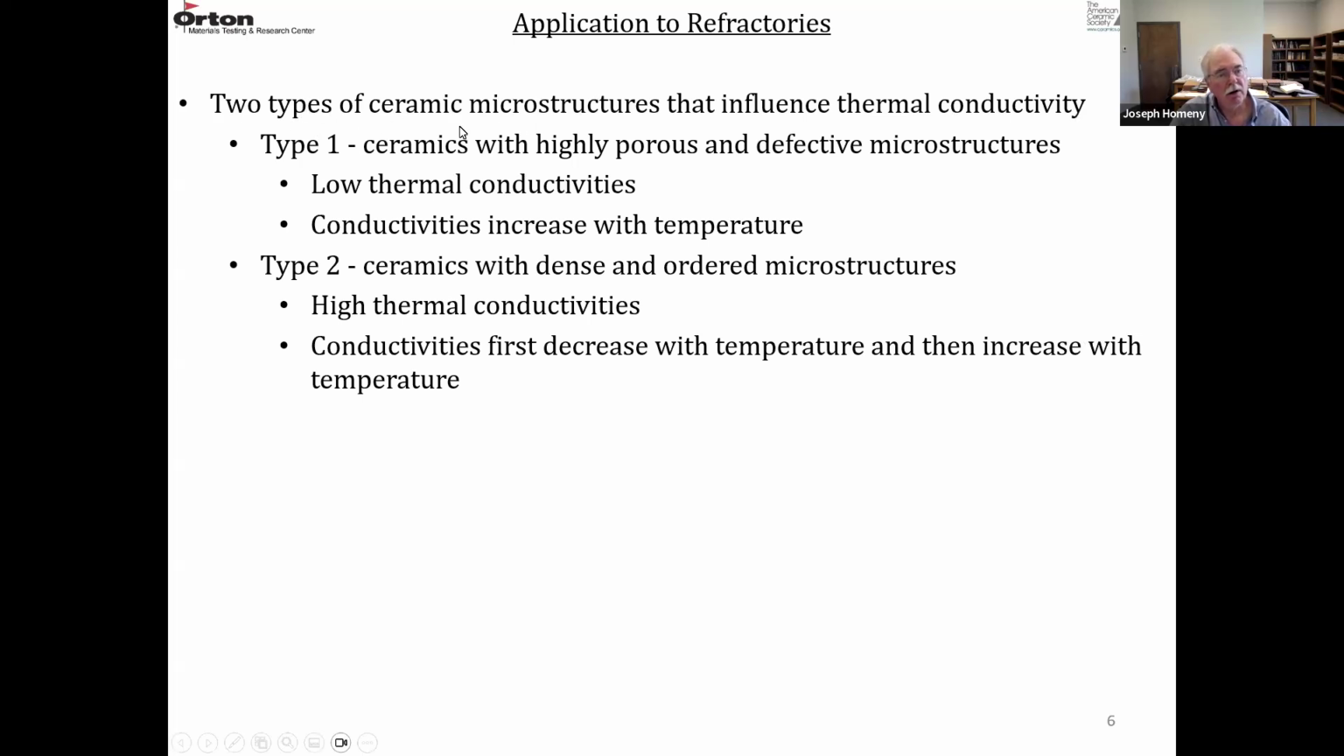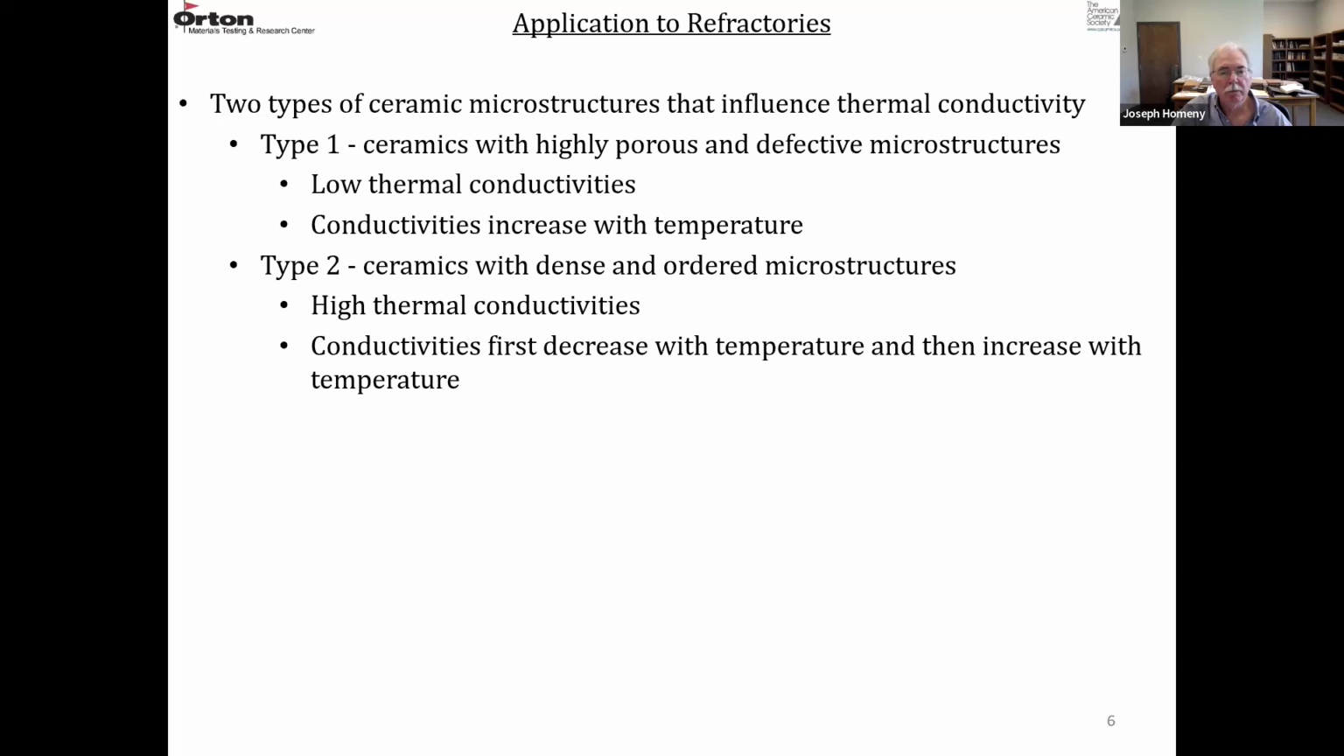So there are 2 types of ceramic microstructures that influence the thermal conductivity, type 1 and type 2. Type 1 is a ceramic that's highly porous, and basically that's called a defective microstructure. And type 2 are ceramics that are dense with a more ordered microstructure. So highly porous ceramics and refractories have low thermal conductivities, and the conductivities tend to increase with temperature due to